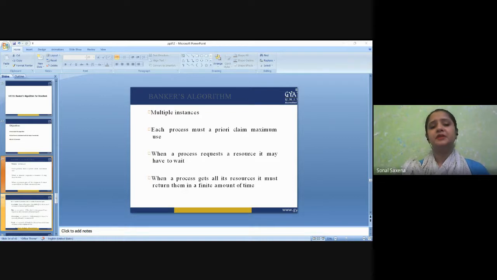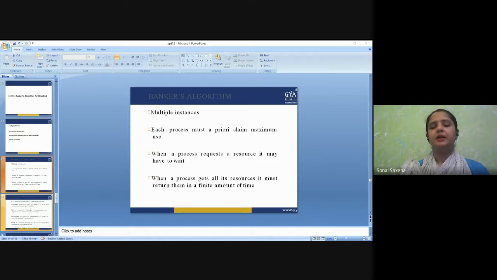Now the third point comes, where we take account of the total number of available resources of that particular instance. For example, as I told you, for A1, a process requires a total of 5 instances of A1. It already has 3, but it is in need of 2 more resources. Let us assume those 2 resources are not available at this moment because they have been allocated to another process. So in this case, there is no availability of these 2 resources. This is the third point that your Banker's algorithm should know.